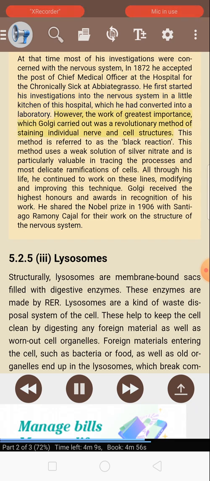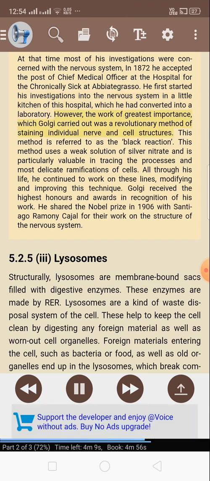into a laboratory. However, the work of greatest importance which Golgi carried out was a revolutionary method of staining individual nerve and cell structures. This method is referred to as the black reaction. This method uses a weak solution of silver nitrate and is particularly valuable in tracing the processes and most delicate ramifications of cells. All through his life, he continued to work on these lines, modifying and improving this technique. Golgi received the highest honors and awards in recognition of his work. He shared the Nobel Prize in 1906 with Santiago Ramón y Cajal for their work on the structure of the